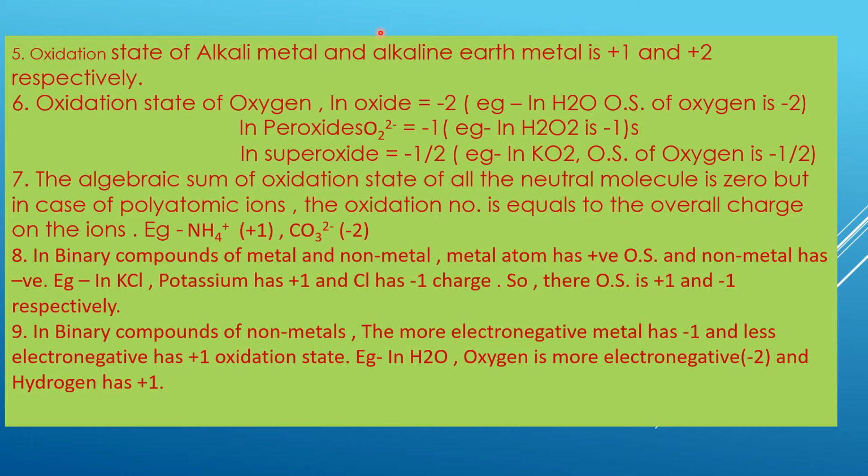Now after that, in the case of alkaline earth metals like calcium, strontium, sodium is an alkali metal, sorry. In the case of alkaline earth metals, beryllium, calcium, strontium, barium, they are bipositive. They have a tendency to lose 2 electrons from their valence shell. So they are bipositive and their oxidation state will be +2.